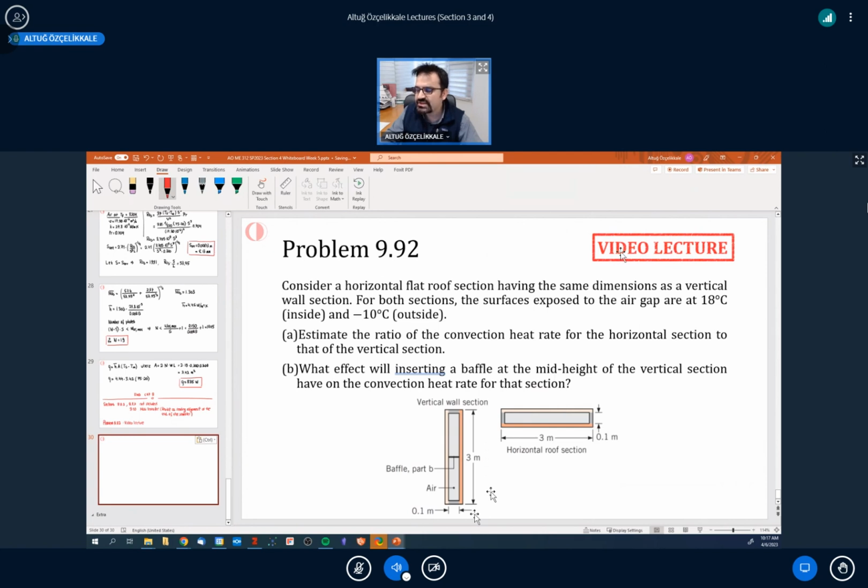However, first of all, we are trying to understand what is the effect of this orientation, horizontal versus vertical, because their dimensions are identical. We are going to be able to evaluate the amount of heat loss from those individual panels simply based on their orientation. So horizontal versus vertical, which one is going to cause greater heat loss from the urban dwelling? And secondly,